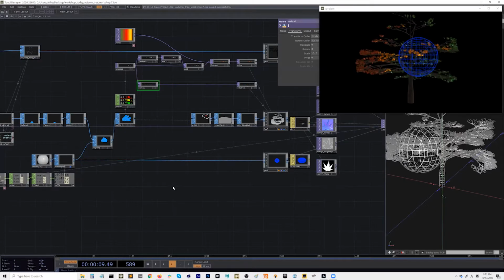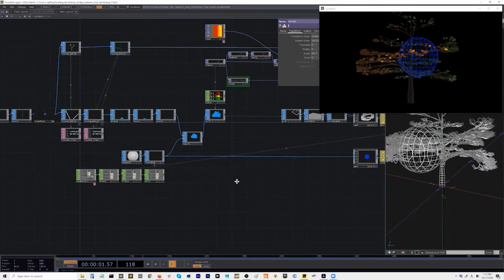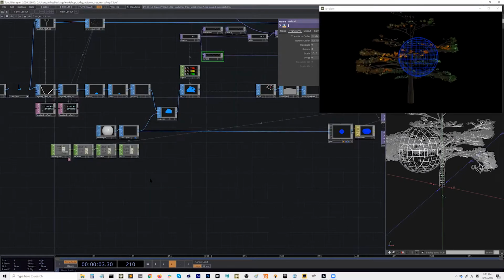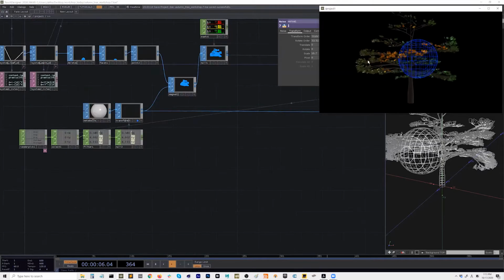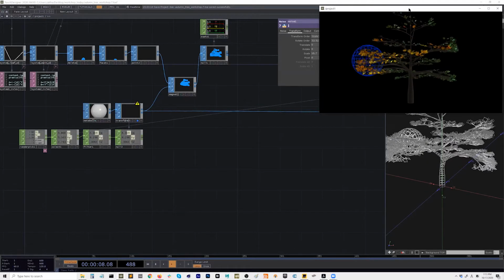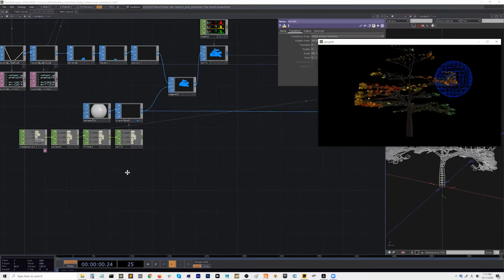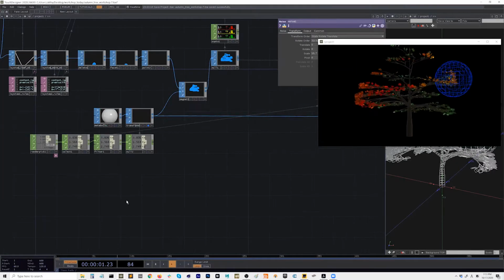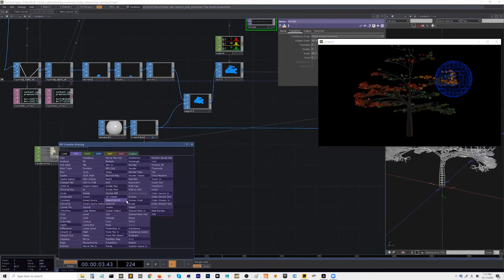So let's add particles. And for that, we just want to emit from wherever this metaball position is. And that will be actually very easy because we have everything set up. So make a sphere SOP.